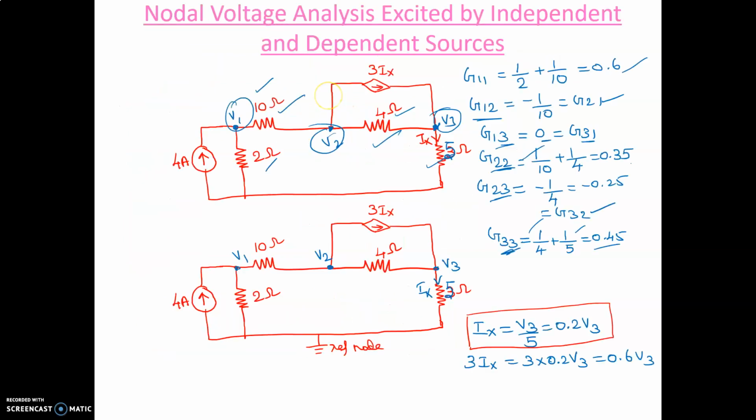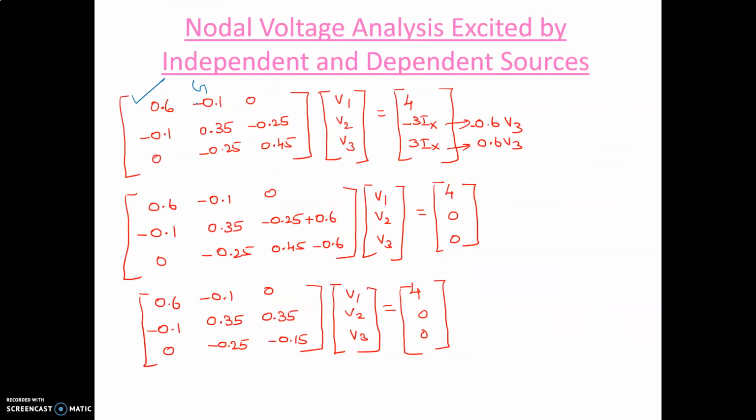So here also we have got 4 nodes. Among the 4, one can be taken as a reference node. The potential of that node will be 0 volt. So there are n equal to 4 nodes, and we will be getting n minus 1, that is 4 minus 1. So here we will be getting a 3 cross 3 matrix, multiplied with the voltage matrix, which is equal to the current matrix.